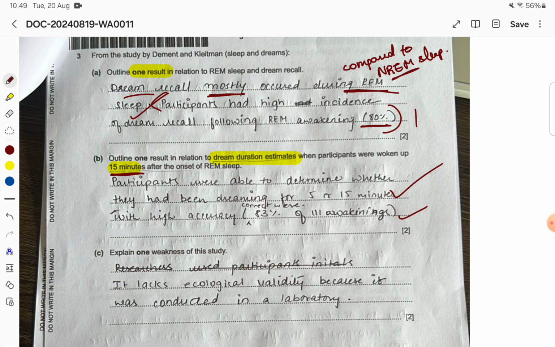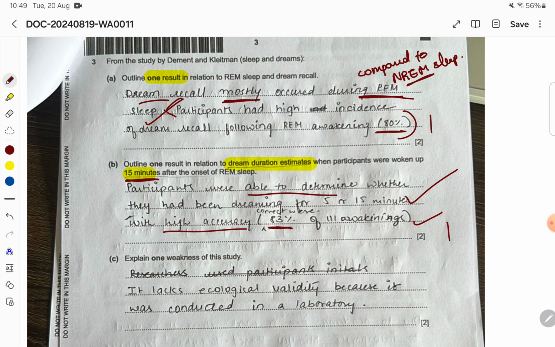Because of course they want you to respond specific to that. So again, for whatever she has written, it is credit worthy, because saying that they were accurate, they were able to determine, and accuracy was high is right, but it cannot achieve 2 marks, because either she should have given the 78% duration accuracy which was specific to 15 minutes,